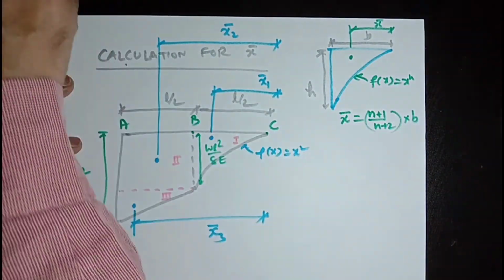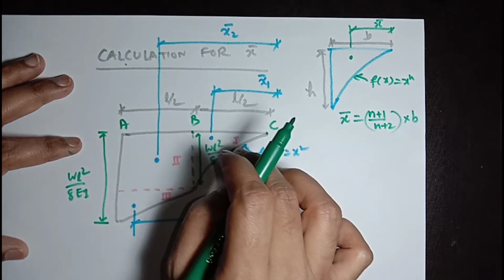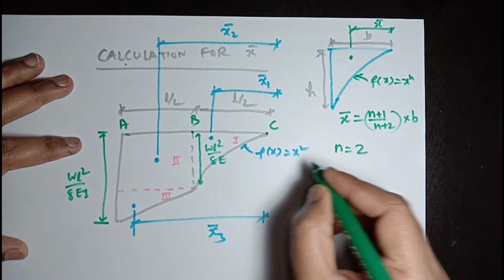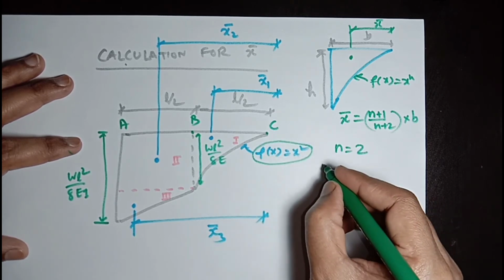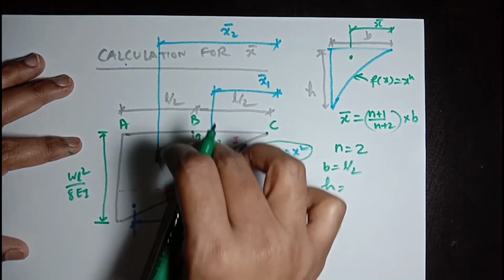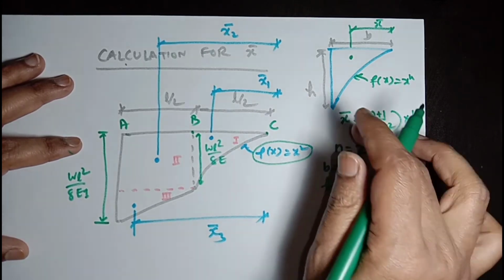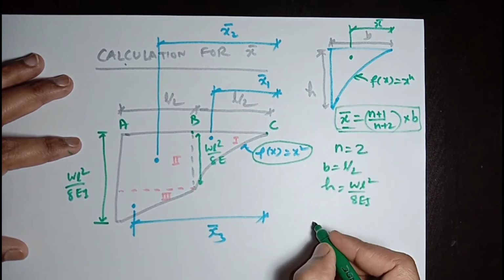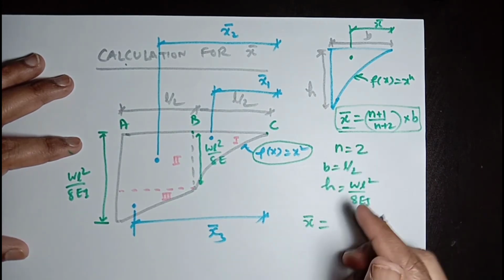Now here for this parabolic curve in this region, first you can say n will be equal to 2, as this is a parabolic curve, a function of x square, and the base length will be L by 2, and the height of this parabolic curve is WL square by 8 EI. So from this general expression, x bar is equal to